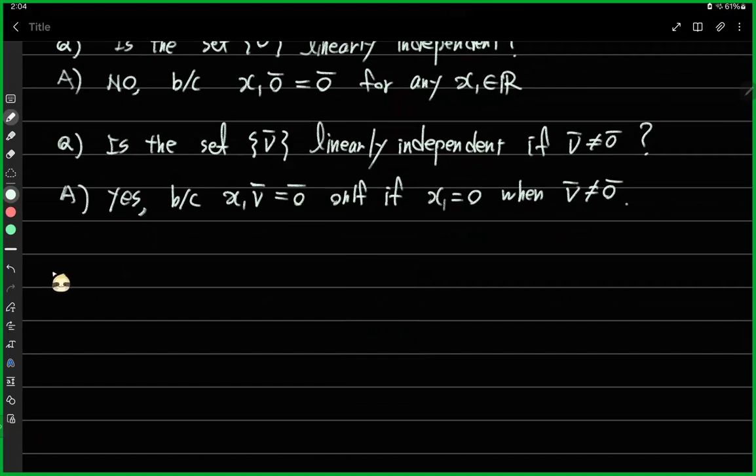I forgot the theorem number, but let's say it's theorem 1. A set of two vectors, v1 and v2, is linearly dependent